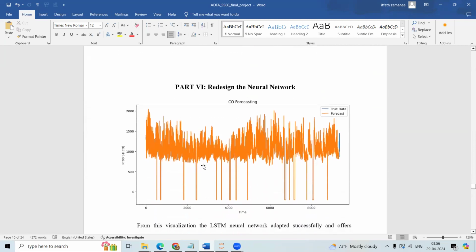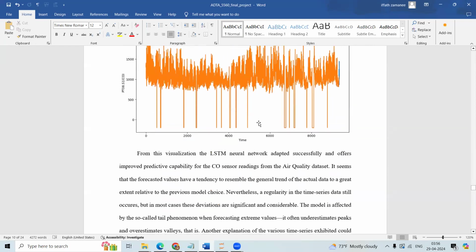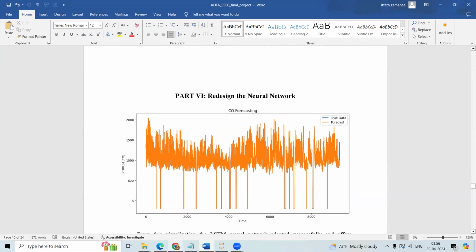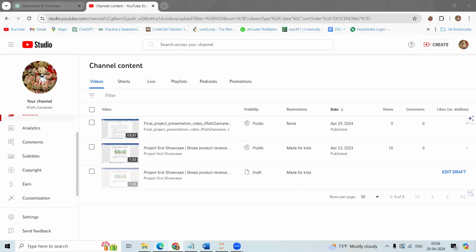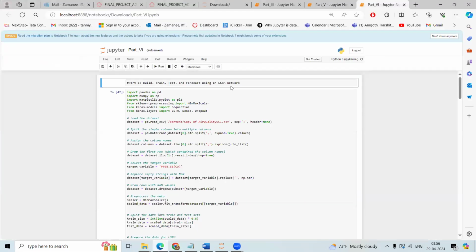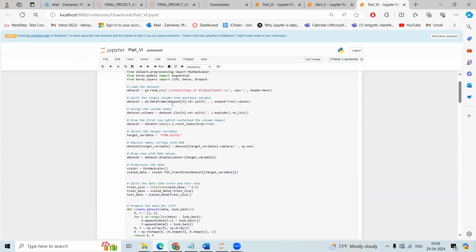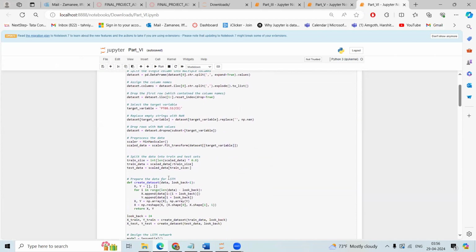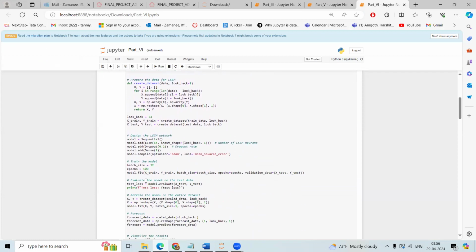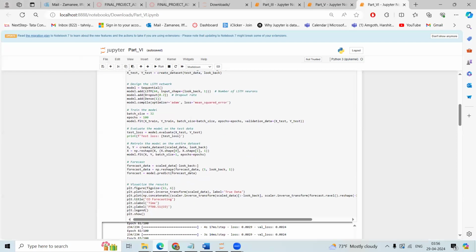Coming to part 6, it is about redesigning the neural network. It overcomes the limitations of part 5. So this is the final visualization, but coming to the coding part. Again, first we uploaded the data and did all the data cleaning, preprocessing, splitting the data into training and testing, preparing the data for LSTM, and then training the model, evaluating the model, and retraining